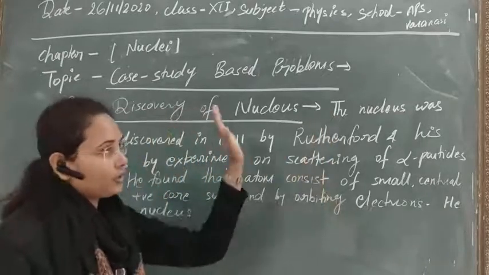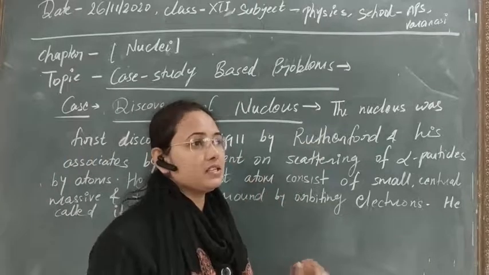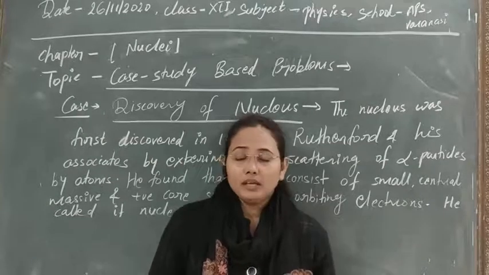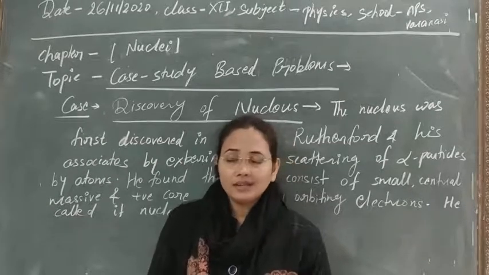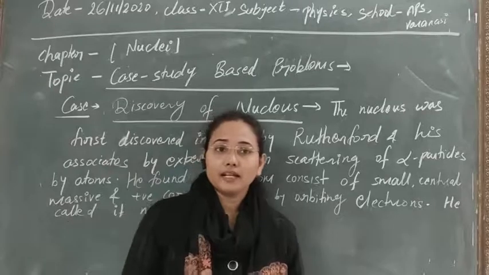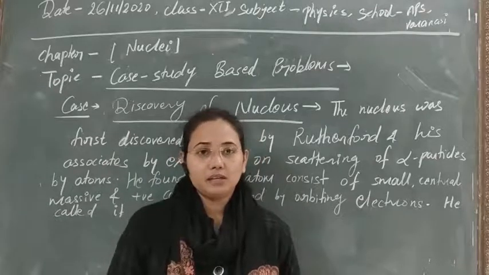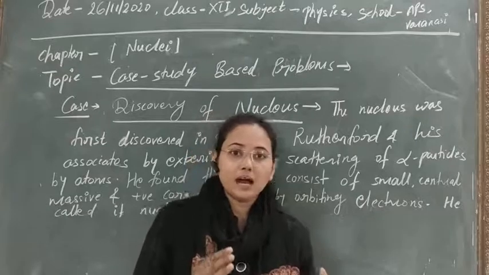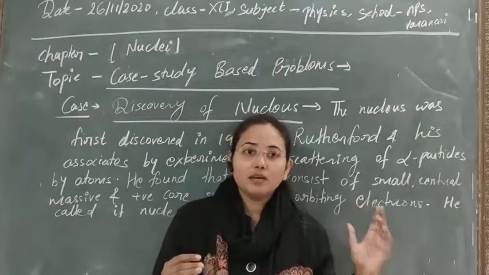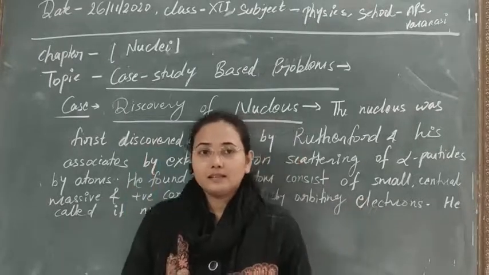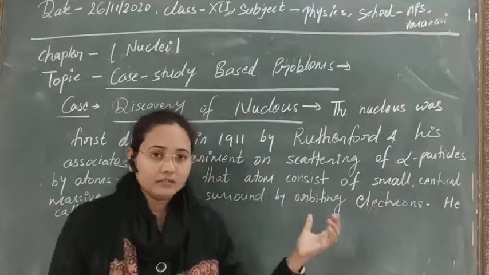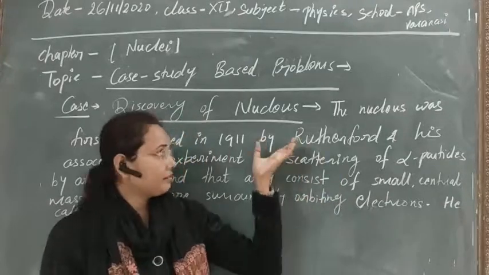So I think questions can be asked on the atomic model, like every possible question. If we are talking about the Thomson model, then we can ask a question about symmetry there. If we are talking about the Rutherford model, then first of all there can be a question based on the alpha scattering experiment, and there are a number of cases in the chapter on nuclei also, on this scattering experiment with alpha particles. Second, we can have atomic models. Third, we can have the discovery of the nucleus.